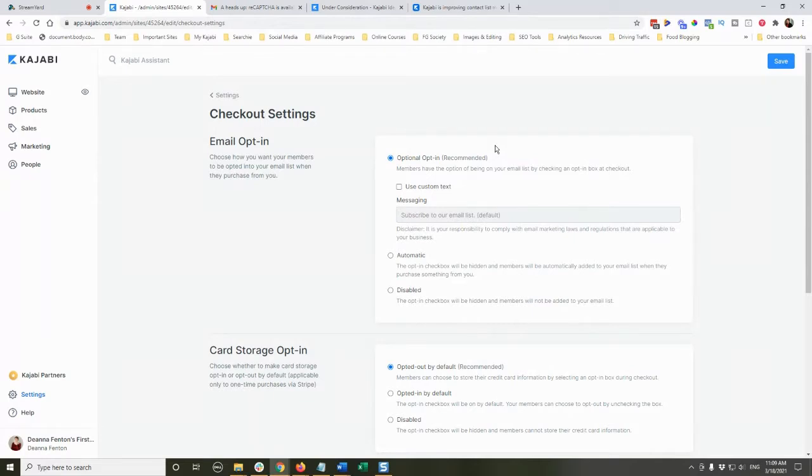But the problem was, if you gave that optional opt-in, the words that were the default said, "Subscribe to our email list." A poor choice of words. Because you have to understand that for the vast majority of us, who in the world needs to be added to yet another email list? It also wasn't specifically clear enough that if they did not subscribe to emails, you can't email them about the product that they purchased from you.